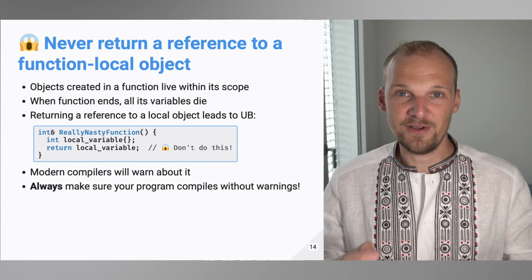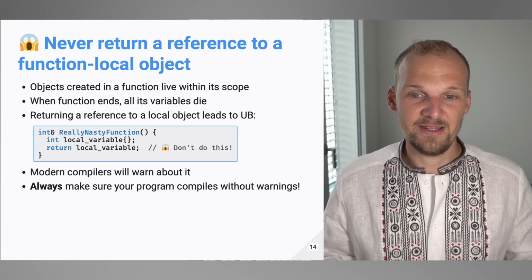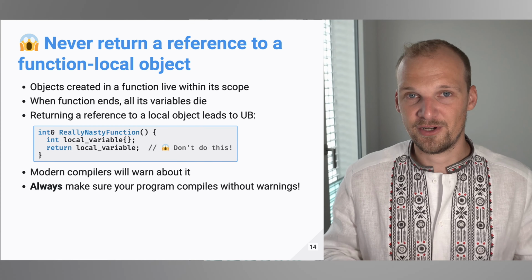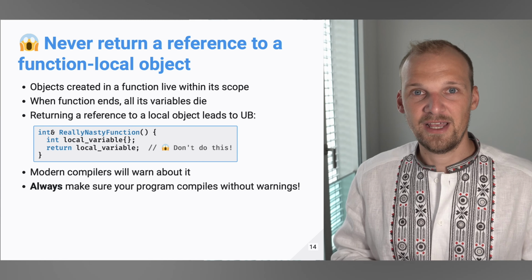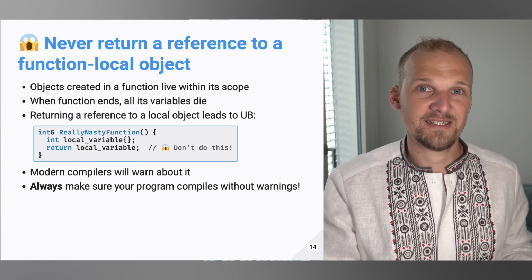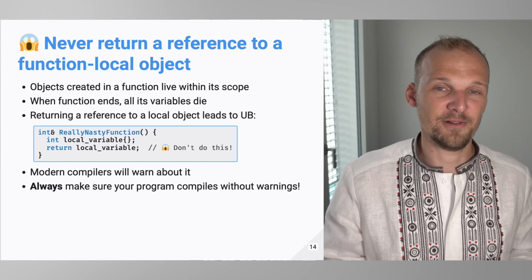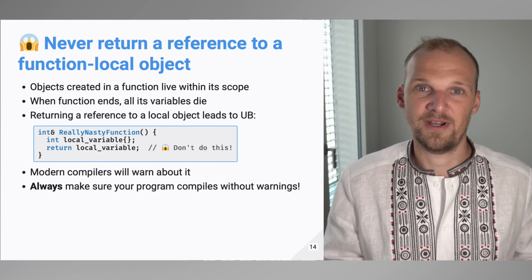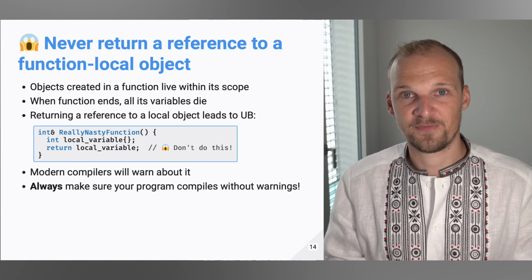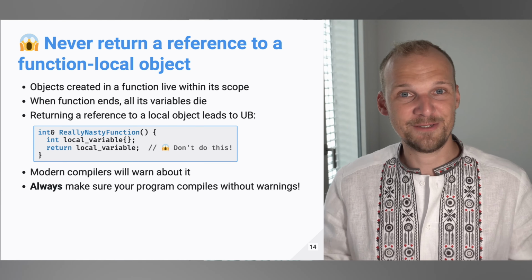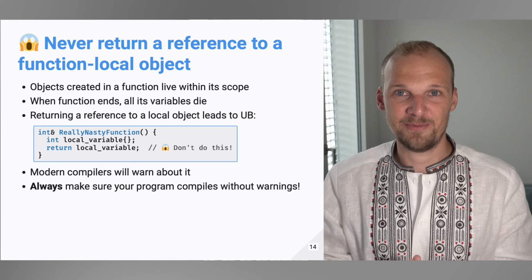If you have a function that returns a reference, then you create a local variable and you return this local variable. So you return a reference to this local variable. Then whoever gets it will get garbage because this local variable will not exist anymore at the point where somebody else gets this reference. And this is horrible, and that's why most of the modern compilers actually implement a check